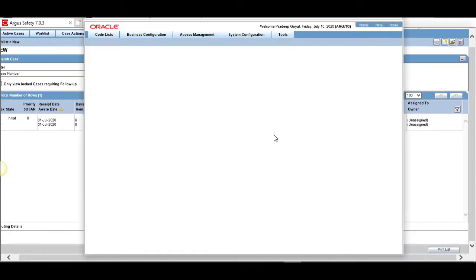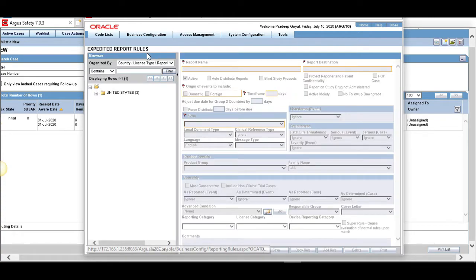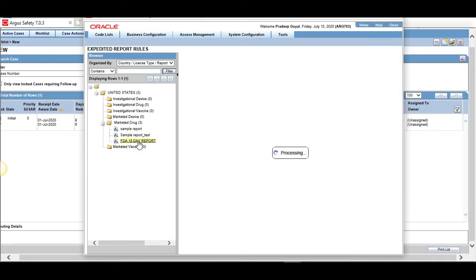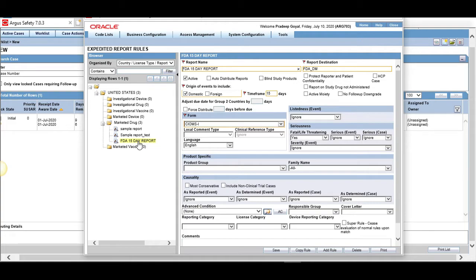Let's open Argus console and go to business configuration, expedited reporting rule. Let's expand this United States, marketed drug, and here we have a reporting rule called FDA 15-day report.